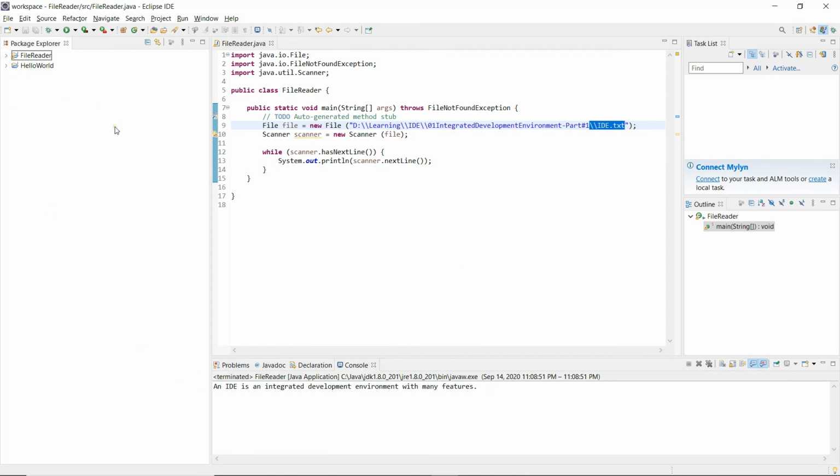So this is how we can use the Eclipse IDE and its basic features to write the code and implement the logic that we want to write.